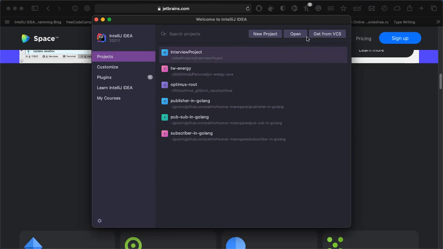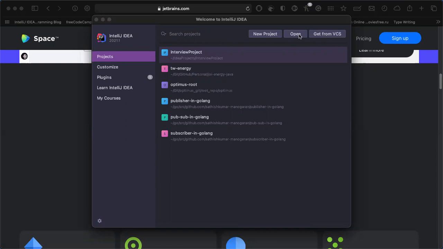And even the Git plugin: in STS or Eclipse, you install the Git plugin, right? Here we don't need to install any Git plugin. They have a version control service, VCS, version control system. The moment you open the project, that plugin itself will identify whether it belongs to a Git project or an SVN project. Automatically, it will open the project accordingly.